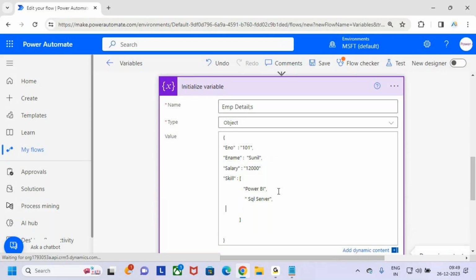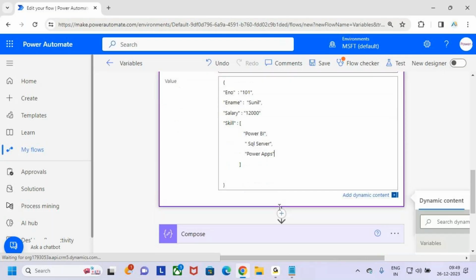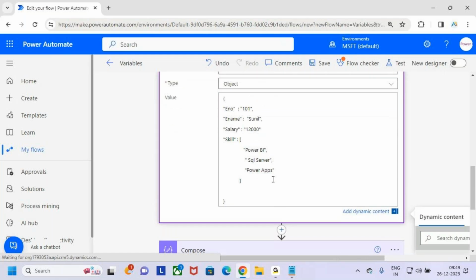And the next skill I want to keep here is what? Power Apps. So these are the skills he is having. Now see, what I am doing here is, instead of going and declaring the employee number in one variable, the employee name in another variable, the salary in another variable, and the skills in yet another variable,